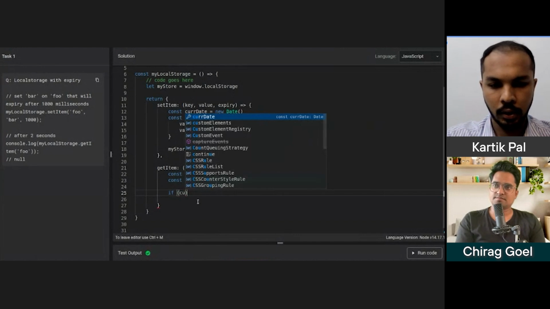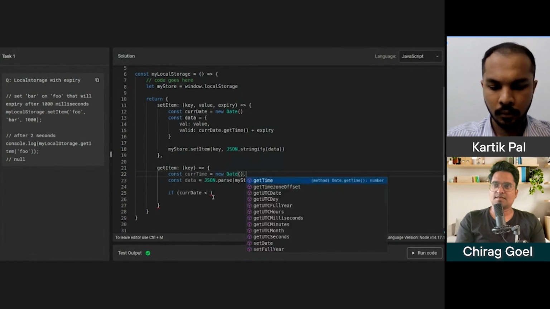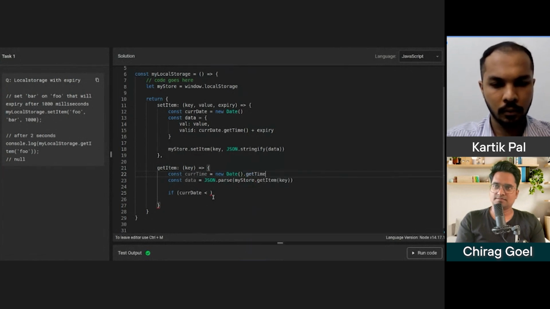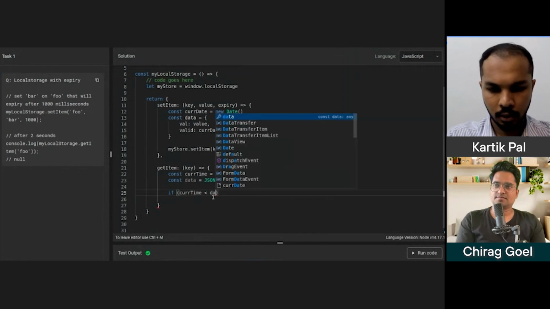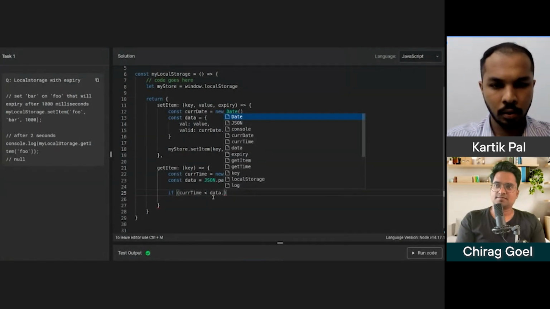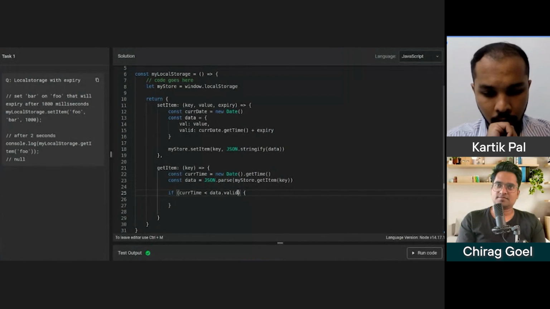If the current time is less than data dot valid,